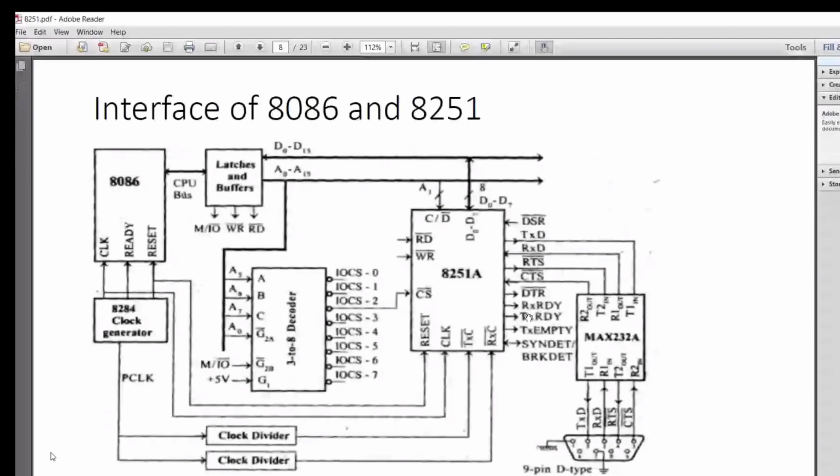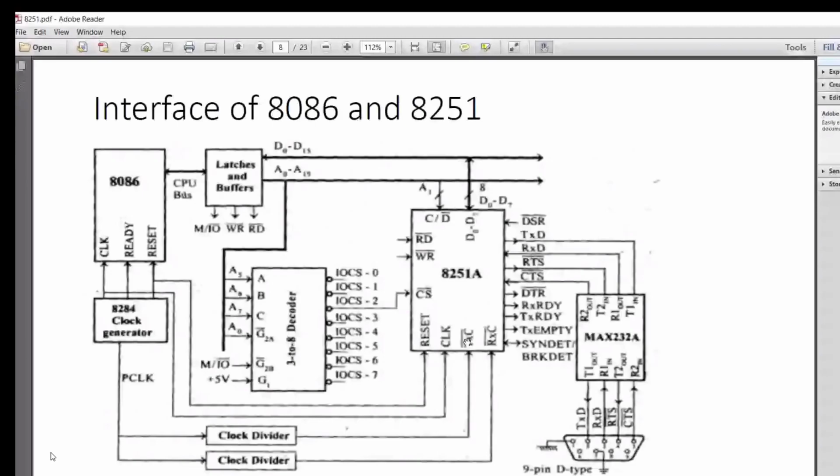And transmitter empty is a status given whenever all data is communicated. Then this is sync detected, then break detected. Sync pulses are detected in synchronous communication, or break in asynchronous communication. That detected signal is communicated between the 8251 of this end and the other end.